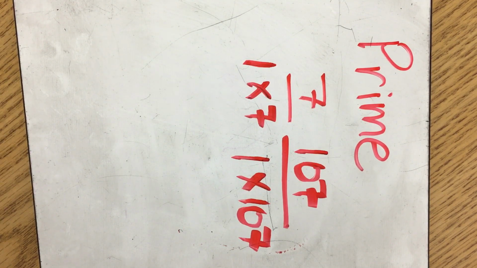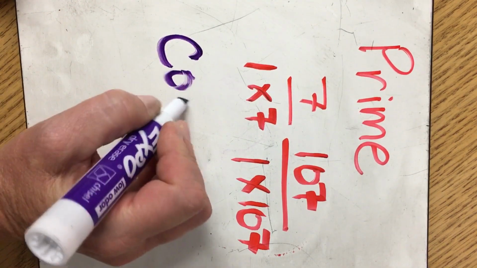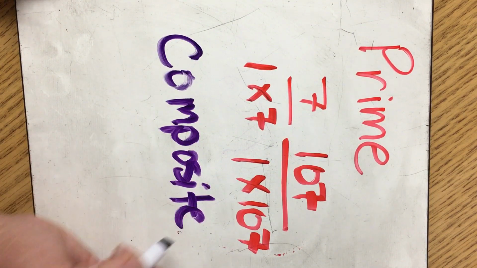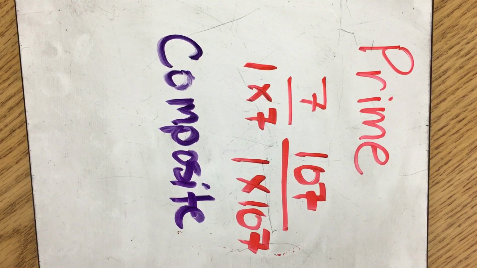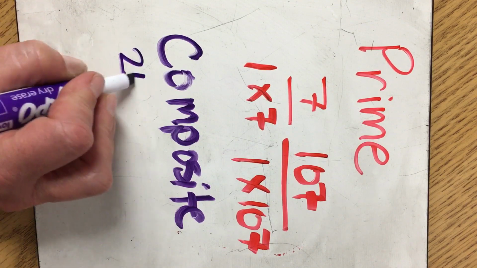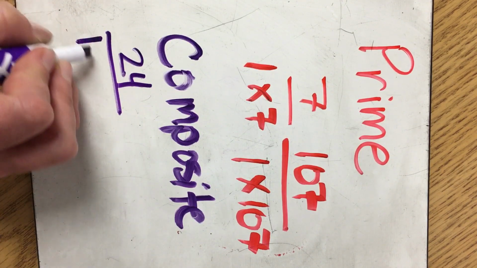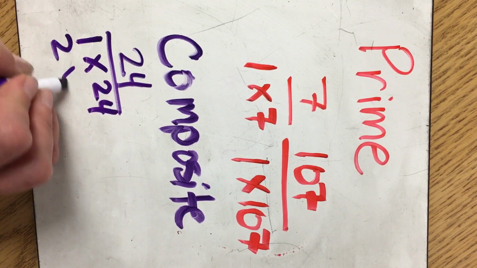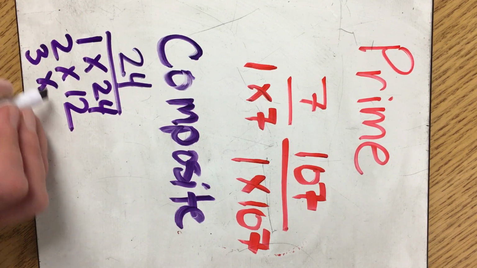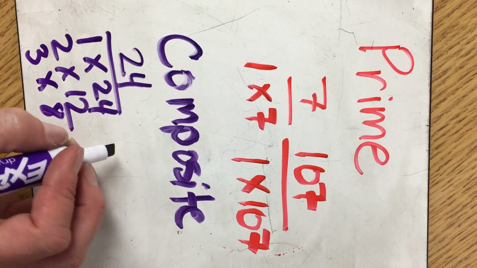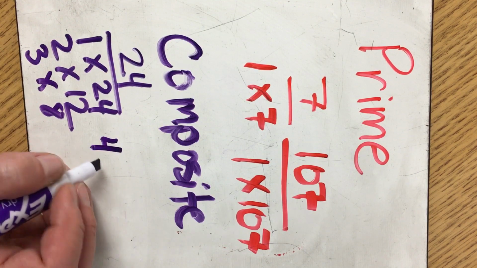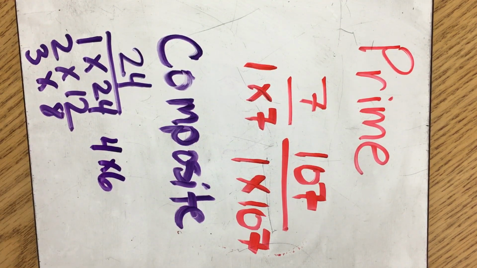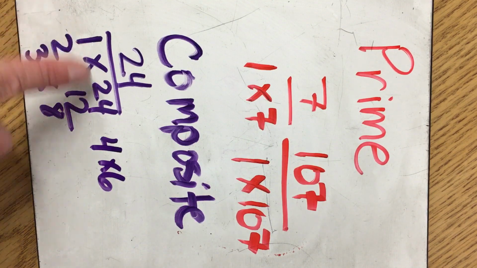Okay? Whereas if we're talking about a composite number, it means that there are multiple factors, sometimes only 4 factors, but there is more than 1 times itself as a factor to make up that number. So if I'm talking about 24, I can make 24 in many ways. 1 times 24, 2 times 12, 3 times 8, and see how I kind of go in order? It keeps me organized. 4 times 6. Okay, so there are multiple factors that make